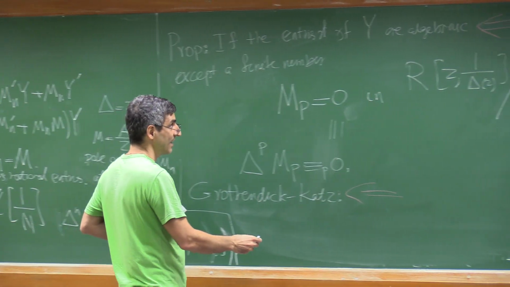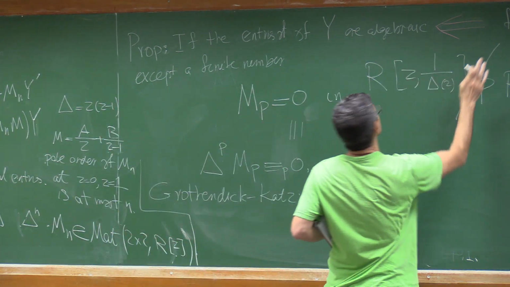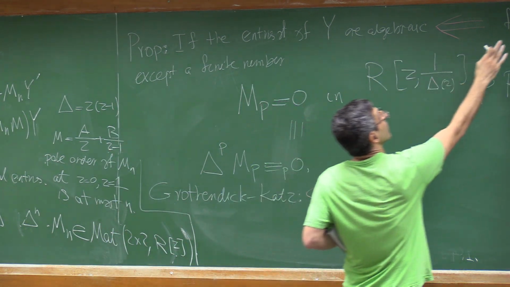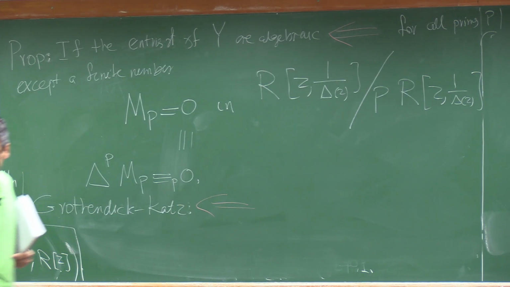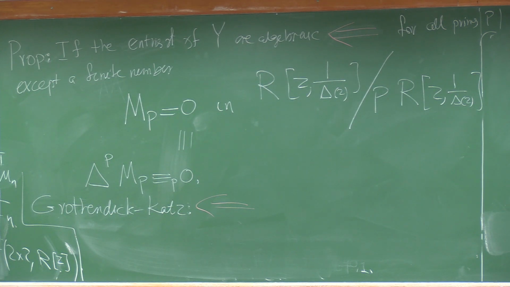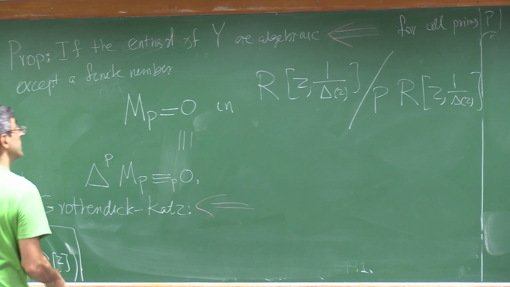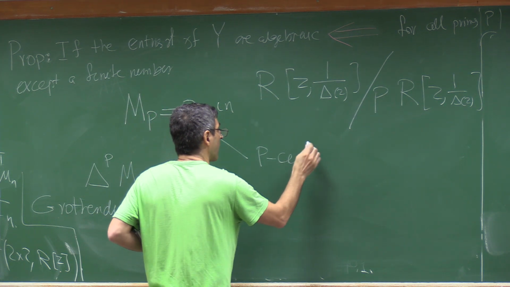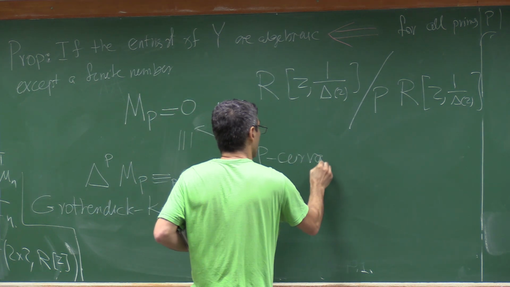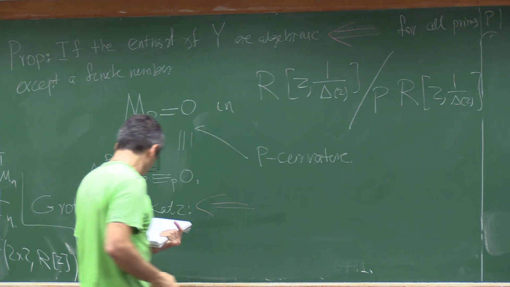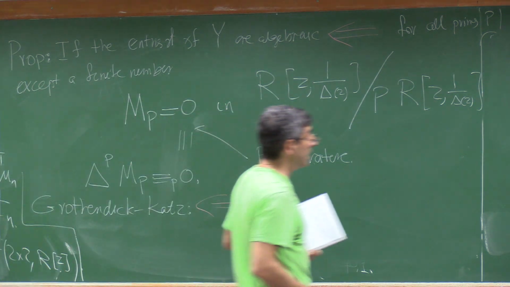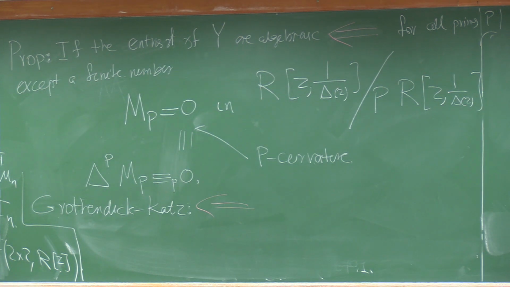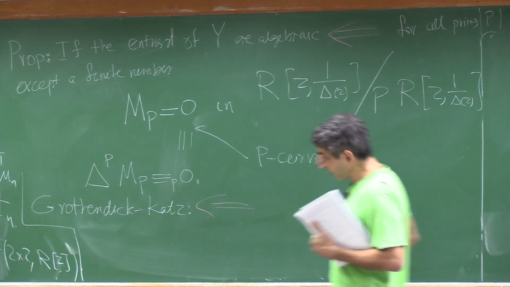So this is the conjecture. The conjecture is this one, from this guy: if M_p is equal to 0 for almost all primes, then the solutions are algebraic. But for the proposition, it is the other way: if the solutions are algebraic, then for almost all primes, that happens. This is called the p-curvature. I will use this p-curvature. I think I will try to say this relation with Kronecker.